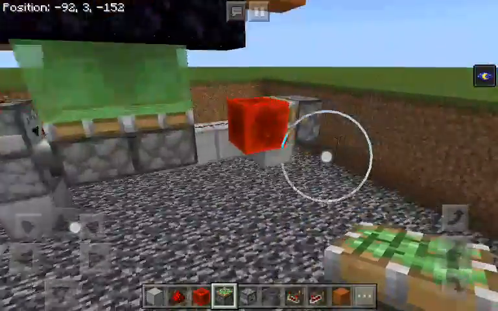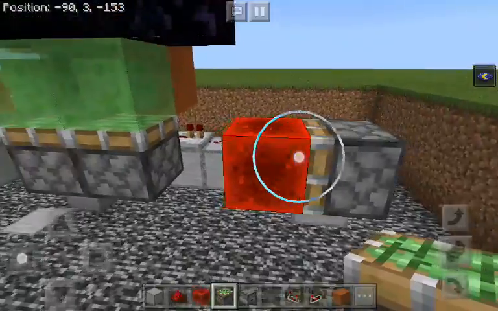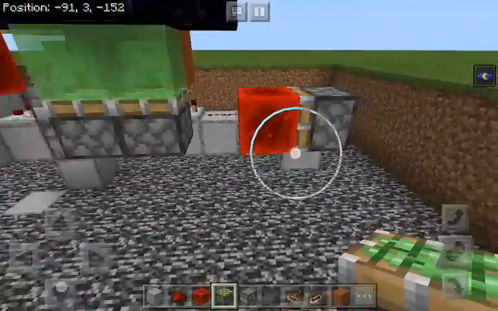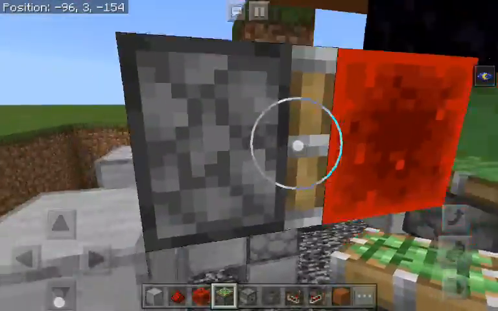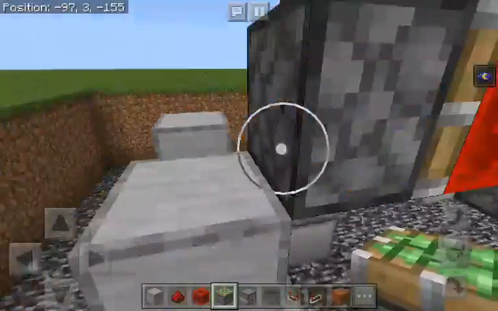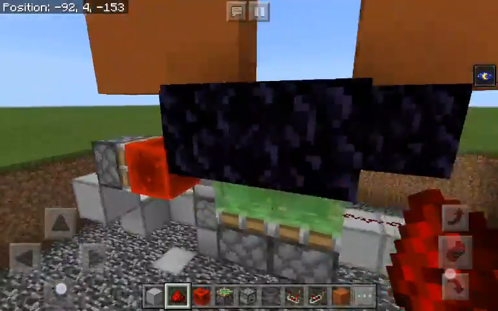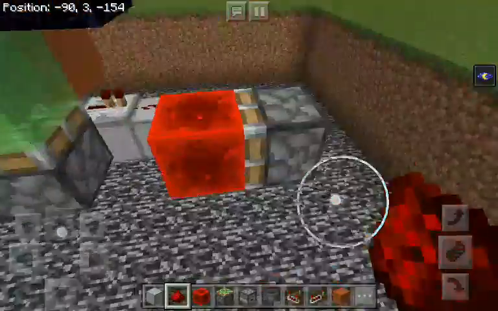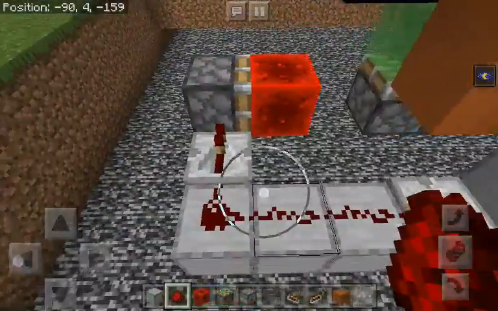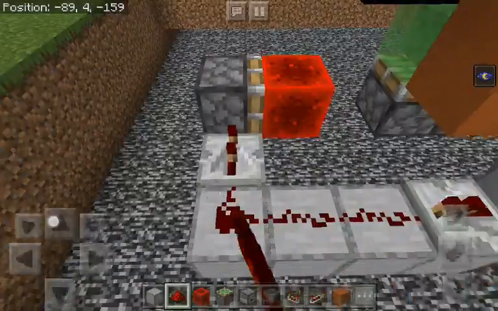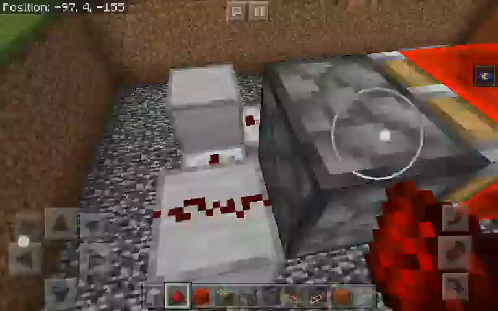Alright, so the first sticky piston with the redstone block you placed, you want to place the second set 1 block, or one Y level higher than the other one. And this is done for a reason, because what this is going to do is, actually, hang on. Set this to, no, leave this the way it is, and then